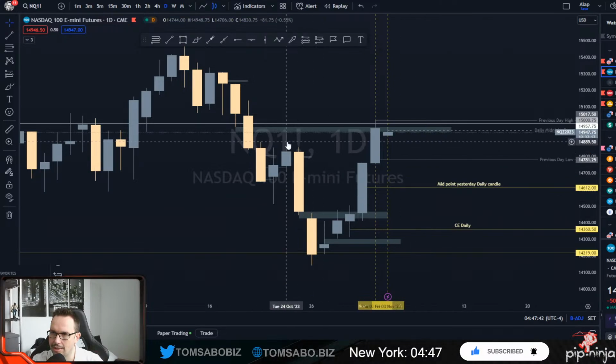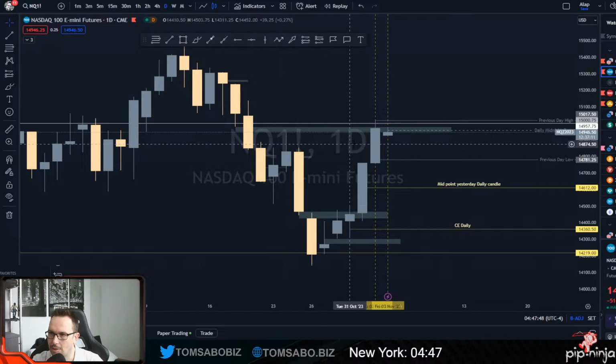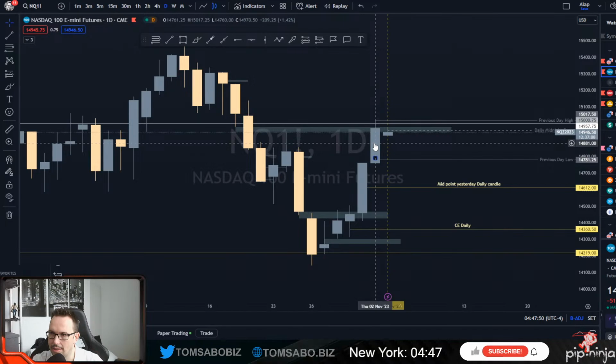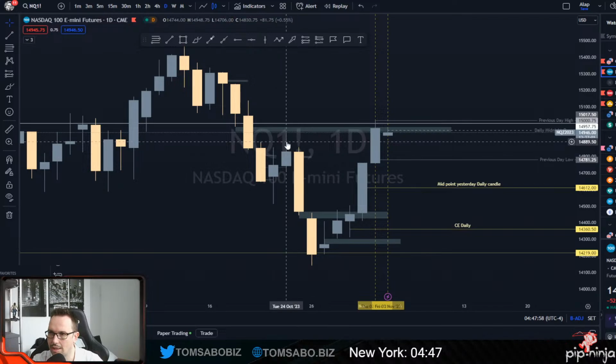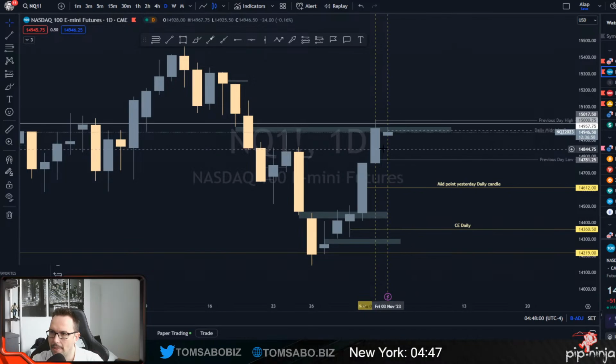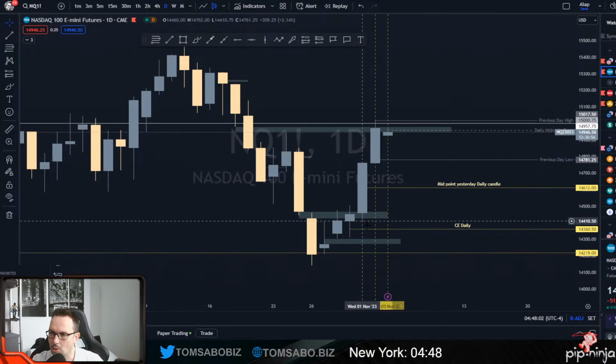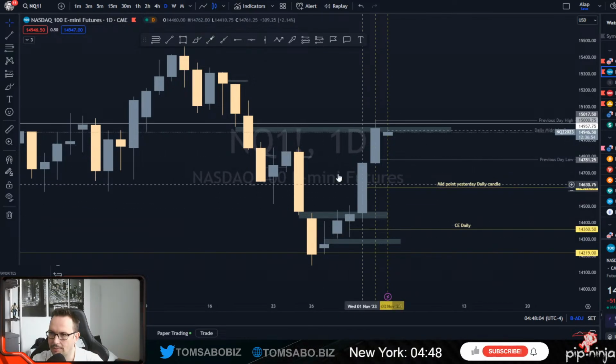For example, I deleted a line here. There was a line here from the 24th of October. I marked it yesterday when I was long yesterday on this daily candle, and my first target was the CE point. It was at 889, by the way. I deleted that. I'm not saying you should mark all the candles, but for major wicks and major imbalances,